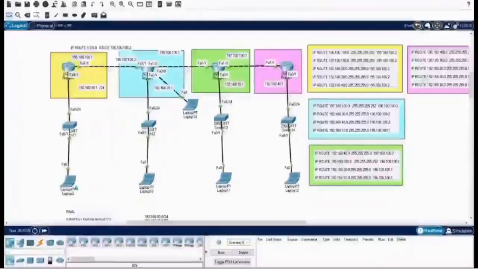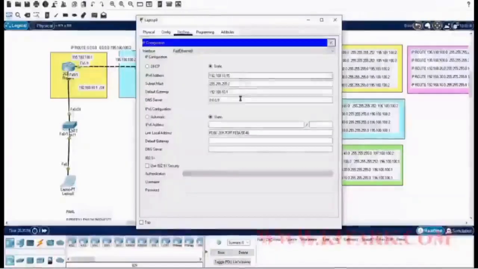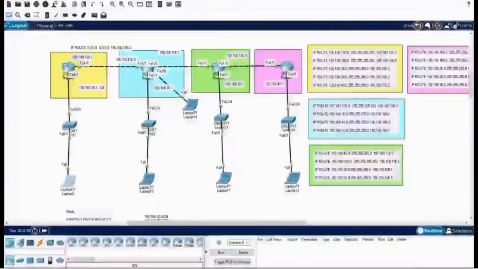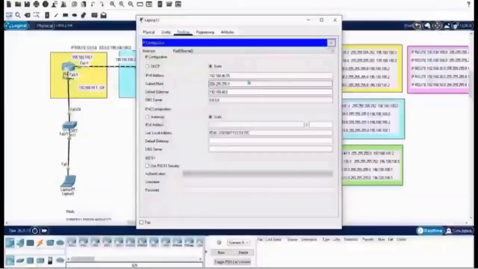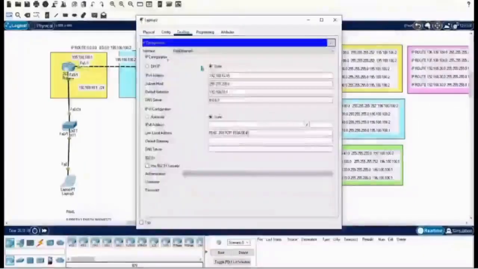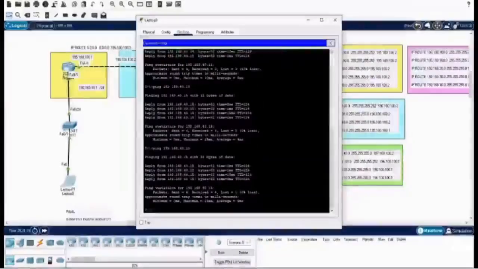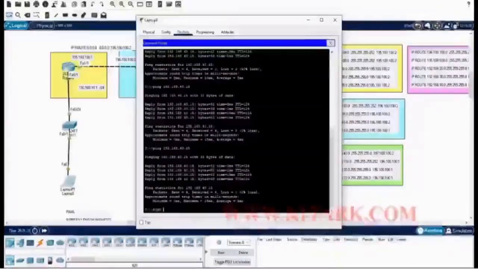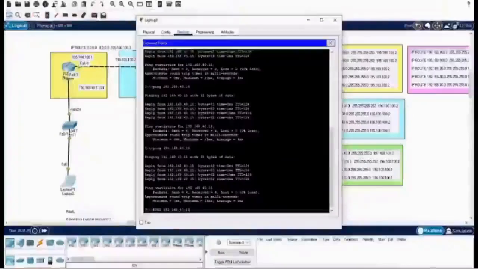So you can enter the PCA. You can see the IP addresses are assigned. From PCA to PC4 or PCD, you need to ping. You can see all the configurations are done. So we are pinging